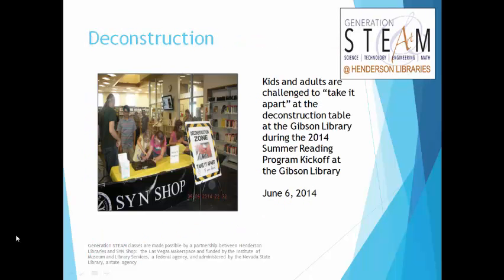All right, this is a picture from one of our kickoff events. We had partnered with a local makerspace called the Sin Shop here in Las Vegas. At the time, it was the only makerspace here in town. And they helped us plan and coordinate 3 simultaneous kickoff events for the summer reading of 2014. As you know, that was a science theme. So we brought in